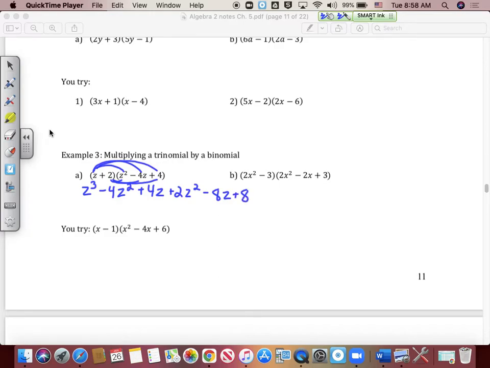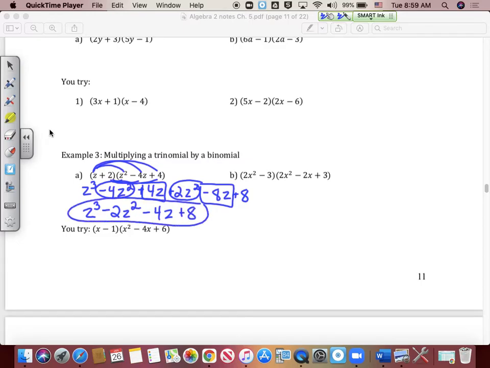Once you have this, then it's time to combine any like terms and put it in the correct order. The correct order means the largest exponent first. Z to the third power has no terms to combine with, so that's what I'm going to write down first. But then negative 4z squared can be combined with a positive 2z squared. Negative 4 plus 2 is negative 2, so this will be negative 2z squared. 4z can be combined with a negative 8z. 4 minus 8 is negative 4, so this will be negative 4z. And then the plus 8 at the end doesn't have anything to combine with,